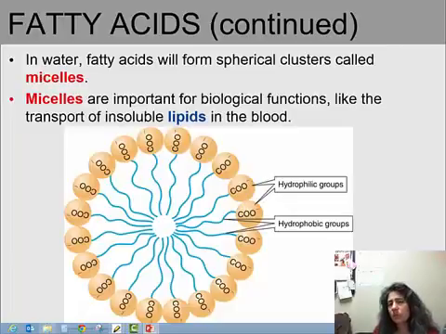And also this works with things like our soaps and detergents, where a speck of dirt is typically nonpolar. The nonpolar tails can group around it, and then the water from the sink or the shower can wash away the sphere because the polar head's connecting with the water. But you can see here a lot of biological functions, including transporting other lipids, since they're more the fatty acids, in the blood in a micelle fashion, because they can group together, and cholesterol transport actually involves that type of